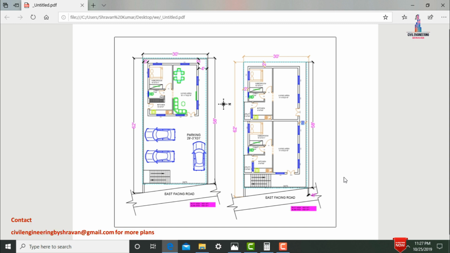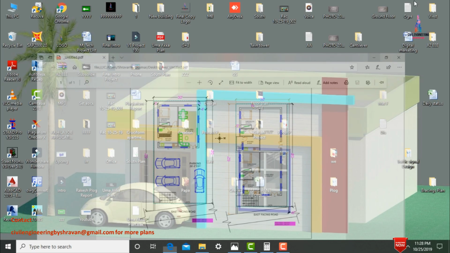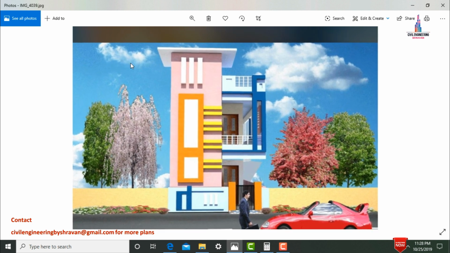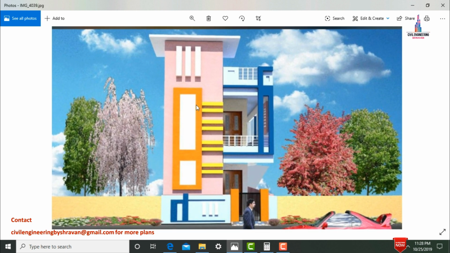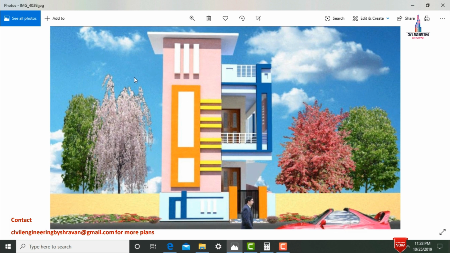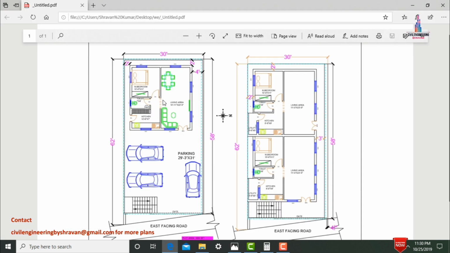So after that I will explain you the elevation for this respective east facing house. So I have drawn this respective elevation in east facing direction. So go to image 5. So this is a general elevation for this respective east facing plan for the 200 yards. So I will attach this respective image in the description also. If you need this respective image, please download the image from the description. So these are the details about the respective plan in east facing direction, which is consisting of 200 yards.